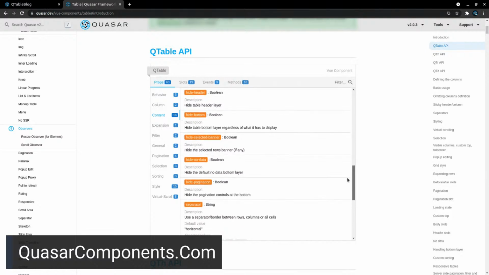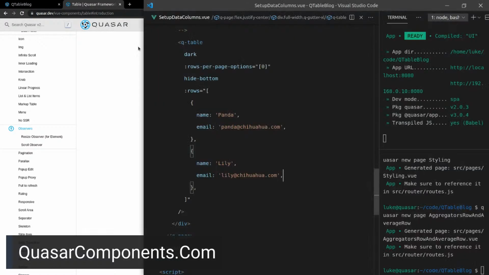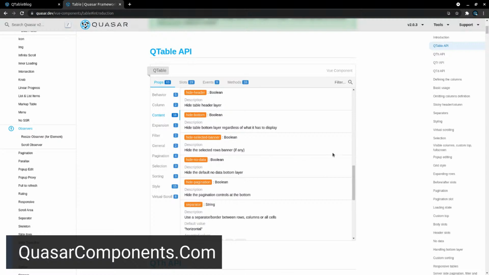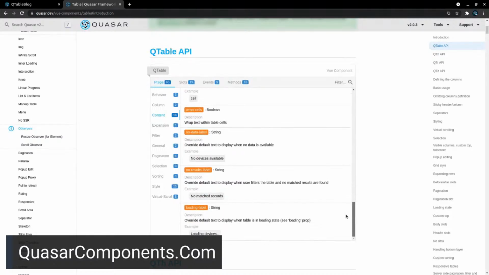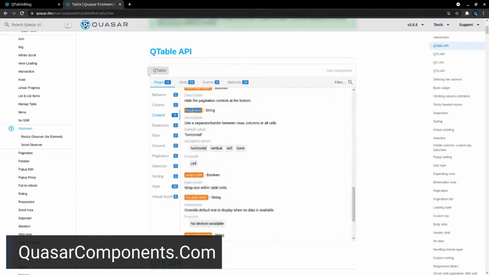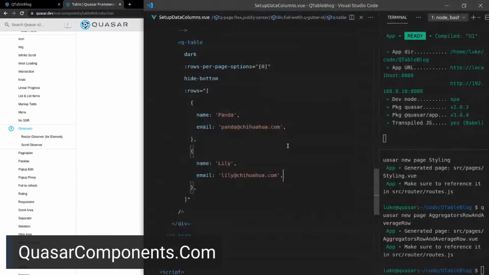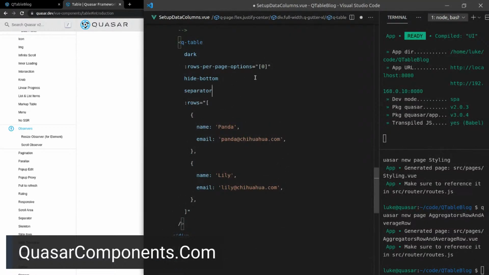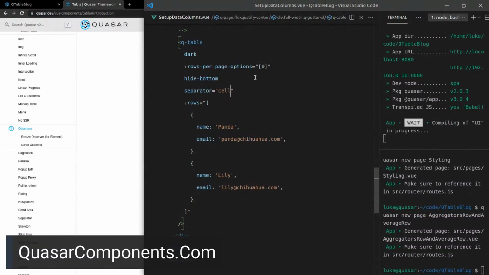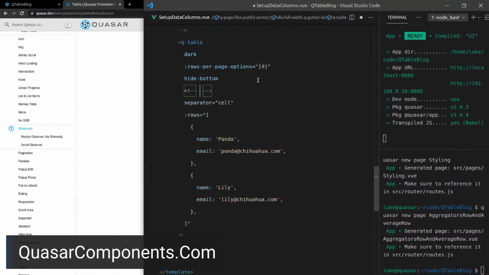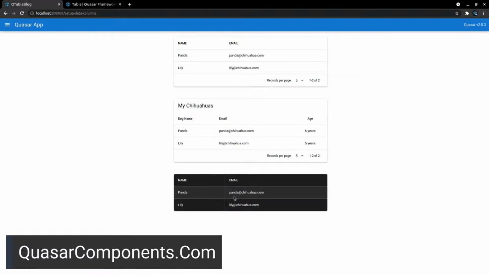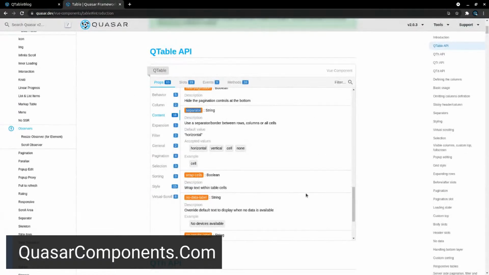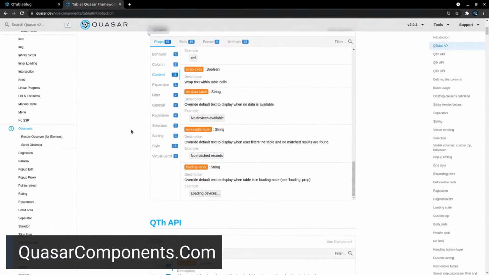Loading, hide header. Oh, maybe hiding the header. But we don't actually get a header if we don't have anything in there. Yeah, so that's very specific to if you want to toggle the header on and off, even if there is something in there. You know what? The separator, I think, is particularly useful to know. So we can say horizontal or cell. So let's come in there and set that equal to cell. Oh, you can't do comments like that. Yeah, just so that it separates it a little bit more. So that's worth adding in there.